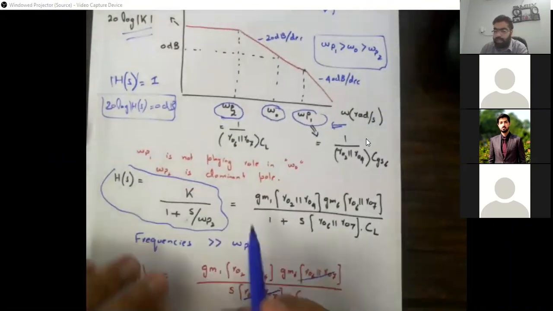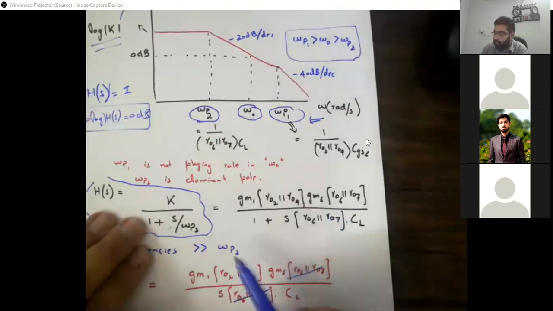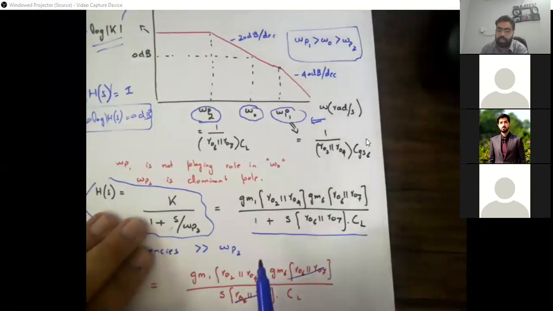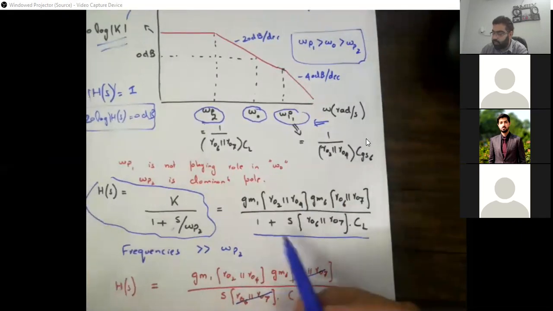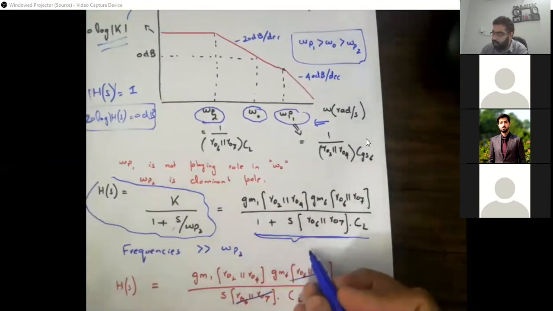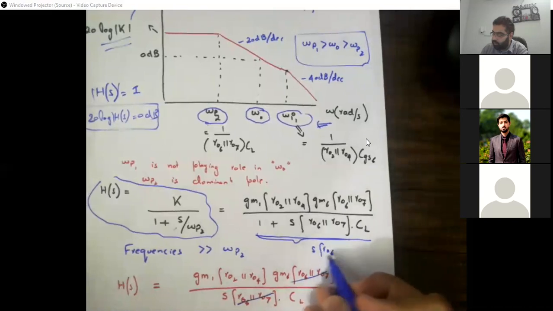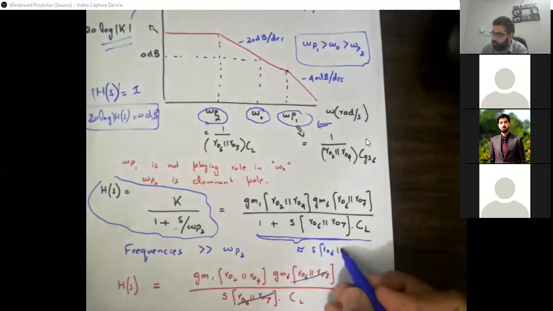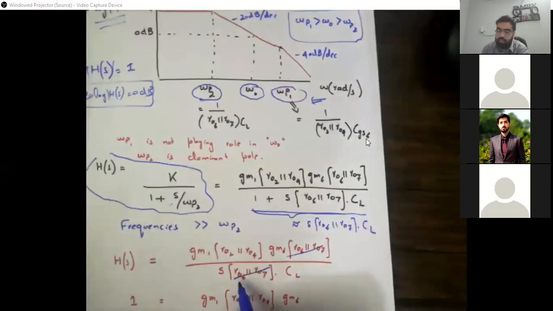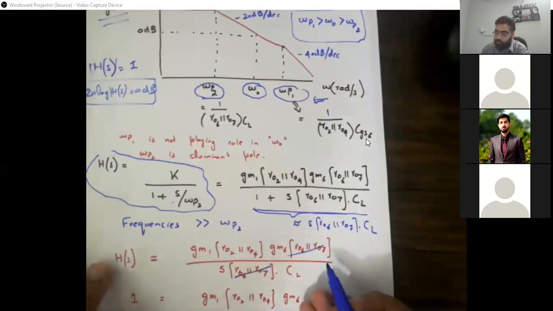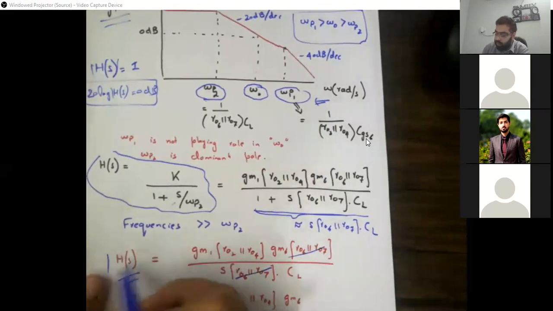तो अगर हम इसको plug in करें, DC gain हमें पता है. We know this expression 1 plus s RO6 in parallel with RO7 times CL. For frequencies bigger than omega p2, what we can safely say, this one is going to be s RO6 in parallel with RO7 times CL. So हम इसको करेंगे तो we get cancelled RO6 and RO7. We just place h of s magnitude by 1.